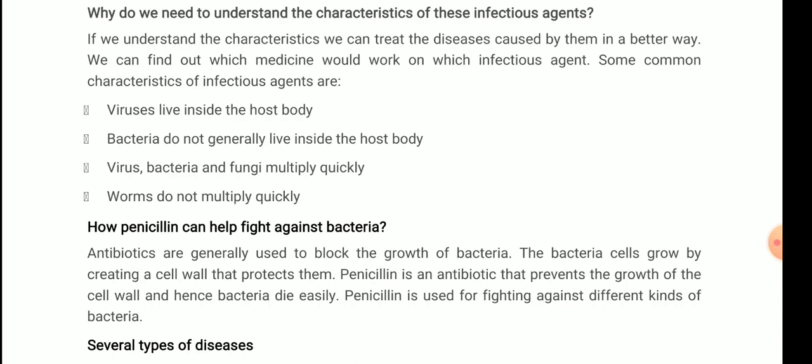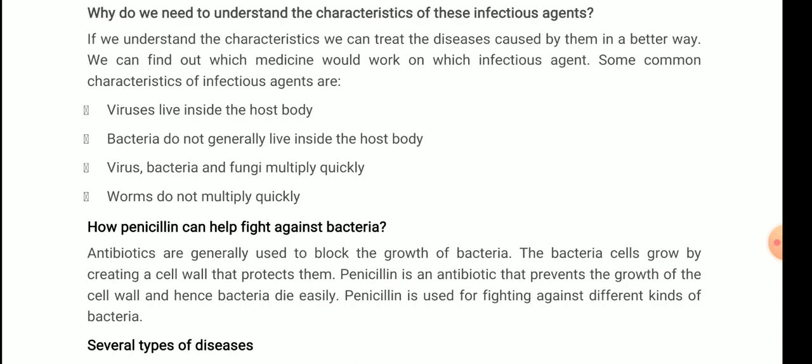Anti and biotics. Bio means life, generally life. Wherever we use the word bio, it means life. For example, in the chapter Cell, the Fundamental Unit of Life, we discussed membrane biogenesis. So what is membrane biogenesis? Bio means life, genesis means formation. So wherever the word bio attaches, it is about life. We talk about biodiversity, the diversity of living forms, that is biodiversity. So wherever there is a bio word included, what is biology? Study of life. So wherever there is a bio word attached, we can say it is of the life forms.